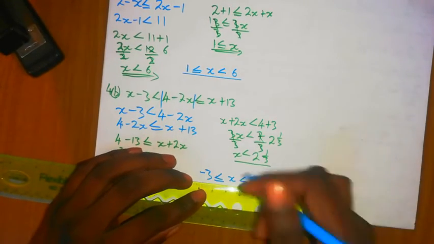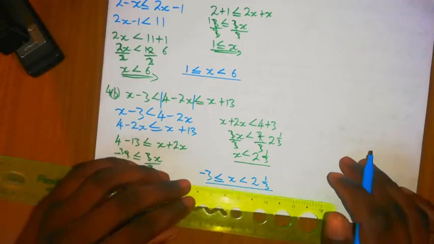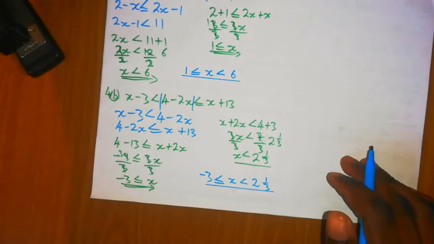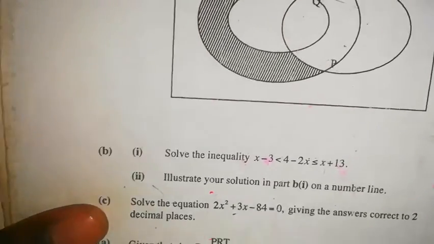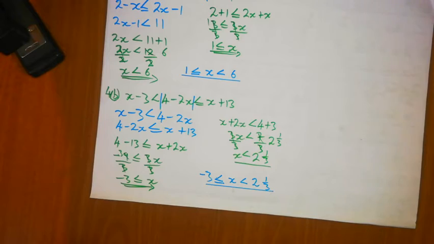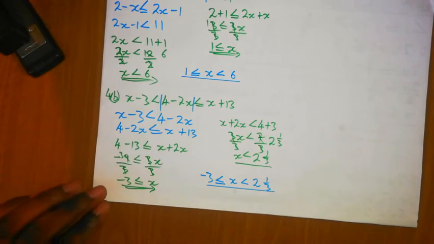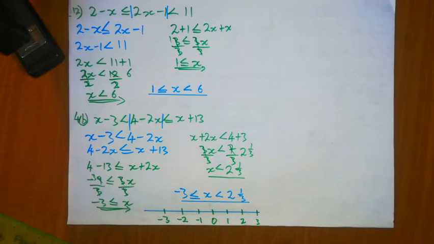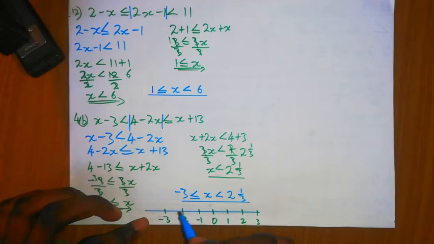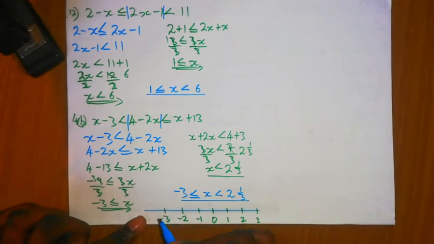I'm done there. Then I want to illustrate my solution on a number line. Since the question demanded me to illustrate my solution on a number line, there's the question. Illustrate your solution in part B1 on a number line. So let us try to sketch the number line. As we illustrate our -3, we're going to put a shaded